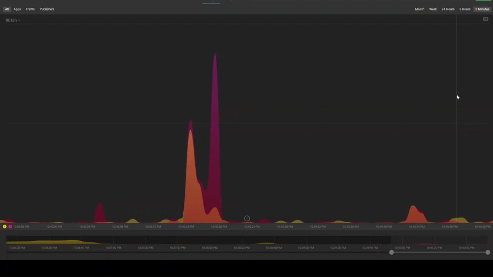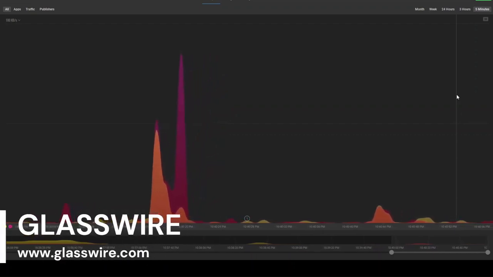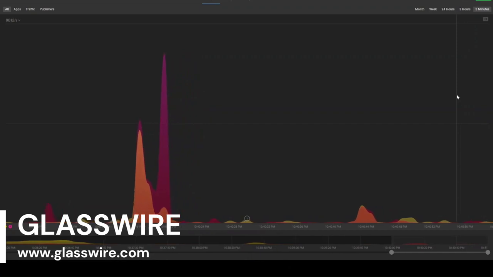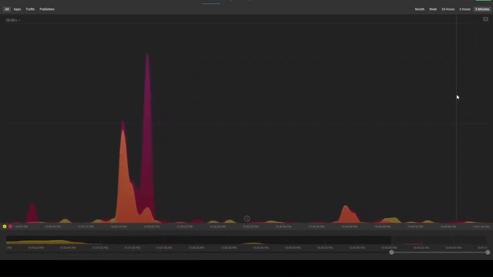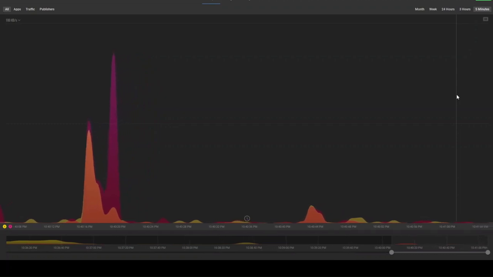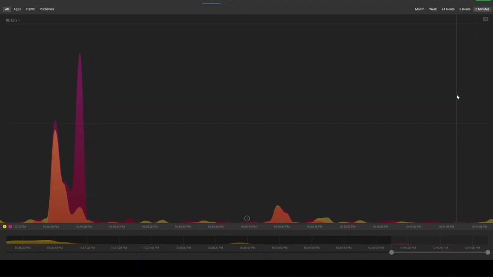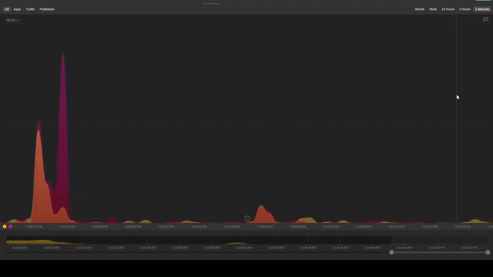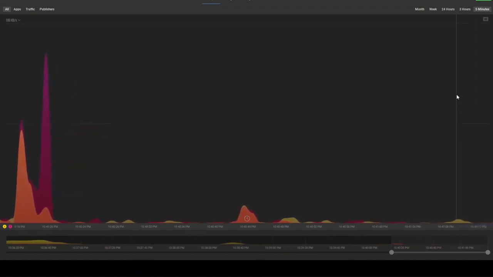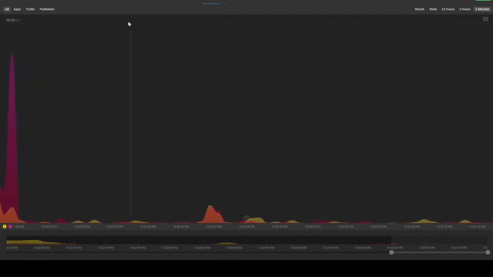Okay, so the next one is Glasswire, which is free on the web. I just stay with the free version. Most applications I have are pretty much free. I very rarely pay for an upgrade or premium service. There are a couple Android apps that I do, and I think I'll be covering those in the next video. But anyway, Glasswire